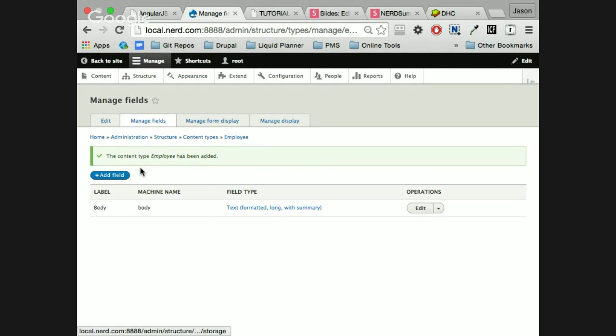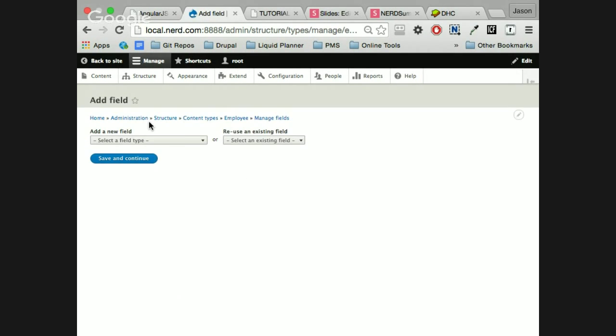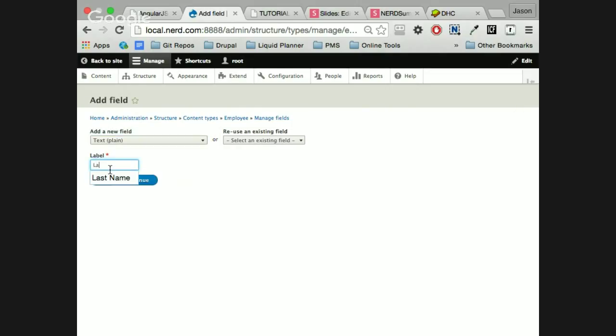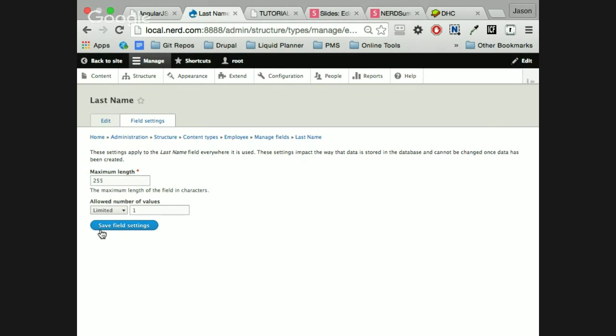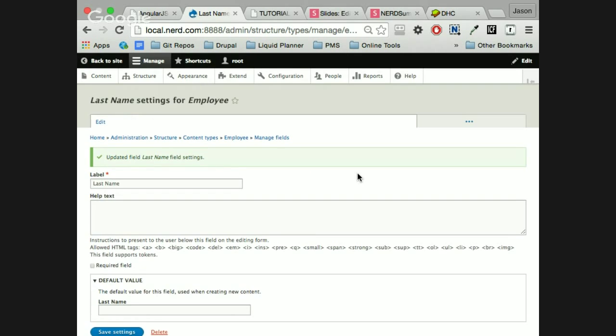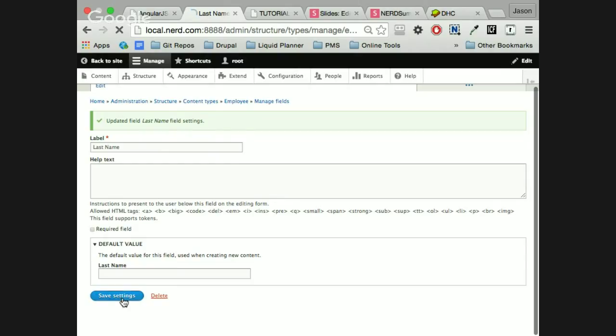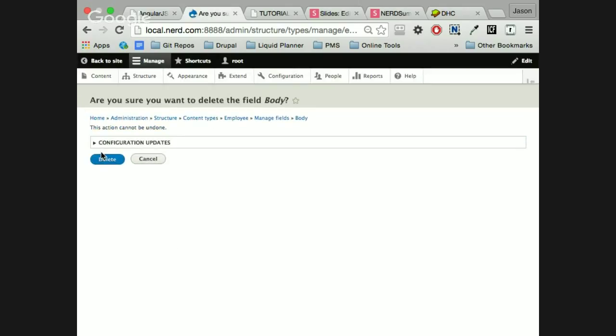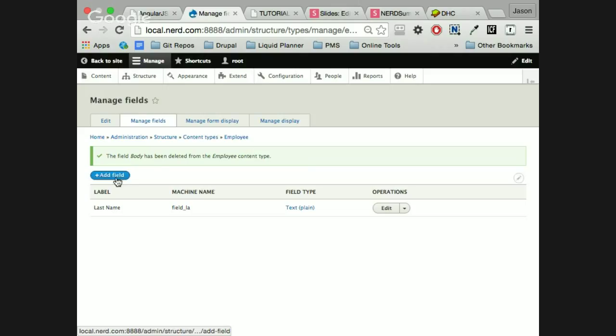Okay, now I'm going to add other fields like, I don't know, let's say, of course, last name. Already did. Okay, everything is just as straightforward as Drupal 7 or 6. We create fields, except for the entity methodology. I'm going to remove the body because we don't need a body here. We're just pretending to get some information.